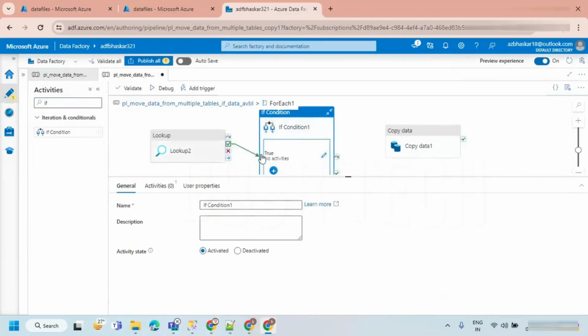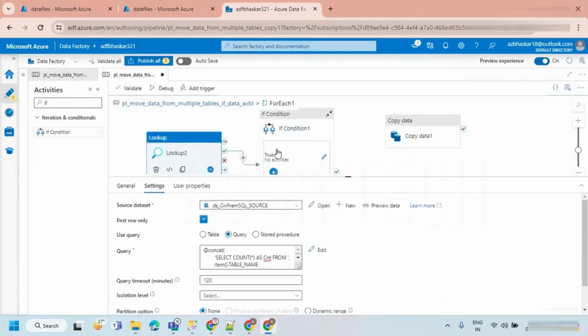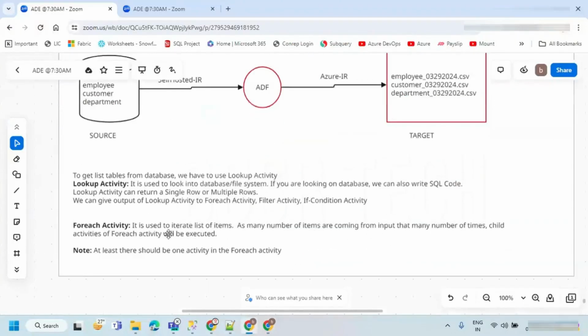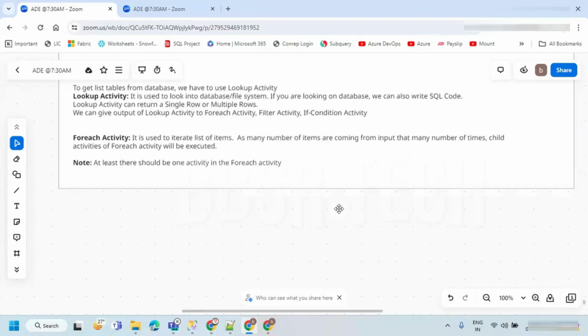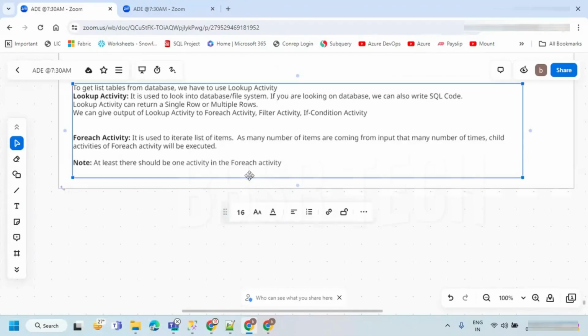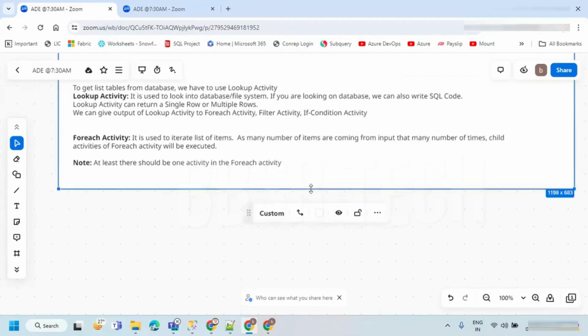I told you the lookup activity output can be given to the if condition activity also. I wrote somewhere here that we can give the output of lookup activity to the for each activity, filter activity, and if condition activity also. So we need to know about the if condition activity.